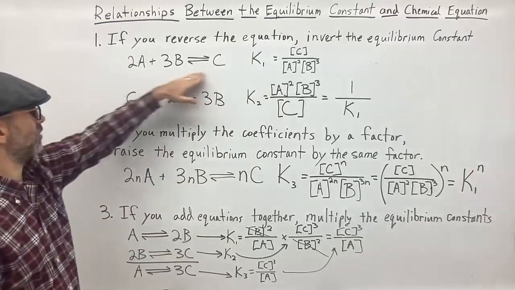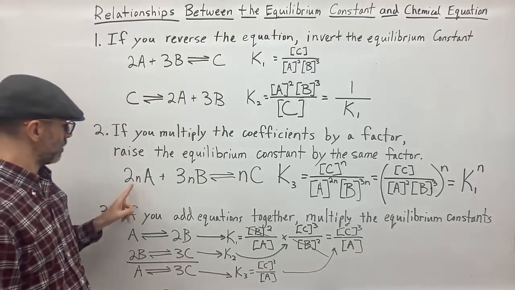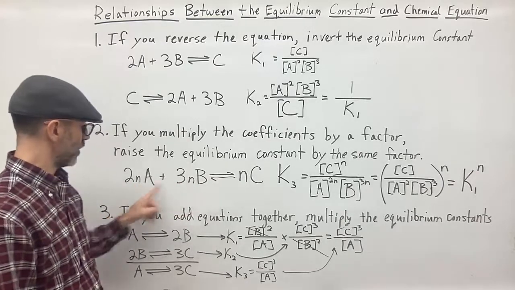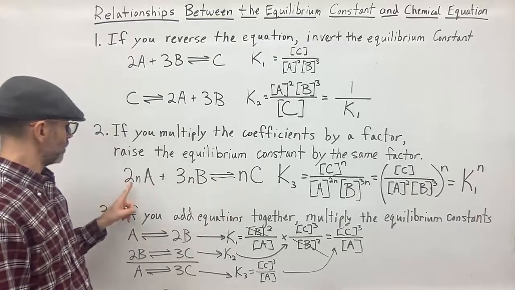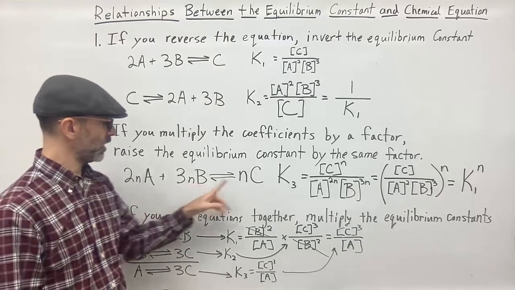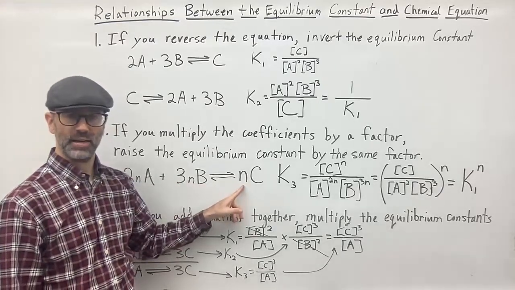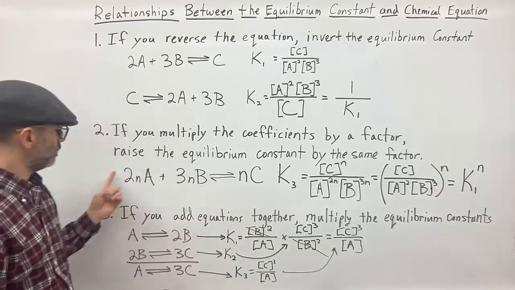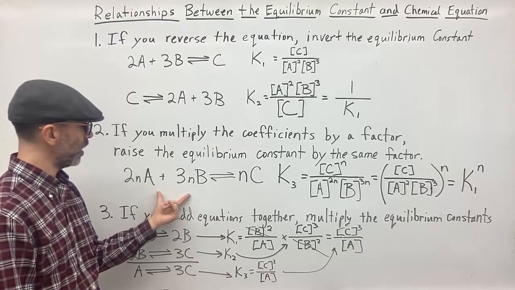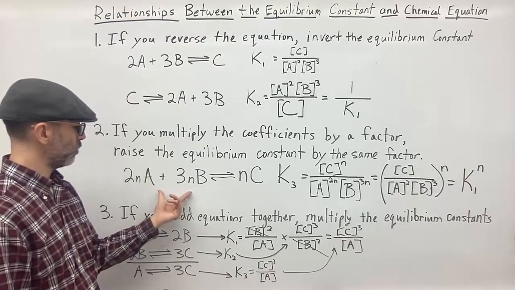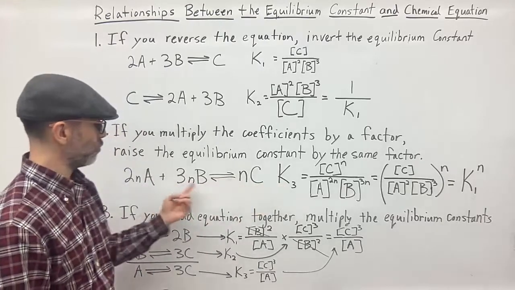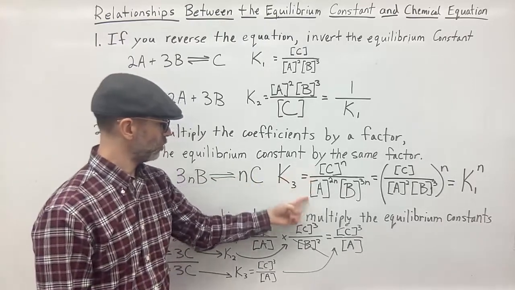If I take this equation and multiply by some constant n, some coefficient, some factor n, then instead of having 2, I have 2n. Instead of 3, I have 3n, and instead of having 1, I just have n here. What would the new equilibrium constant be for this one? So K3, if I write K3 like I normally would,